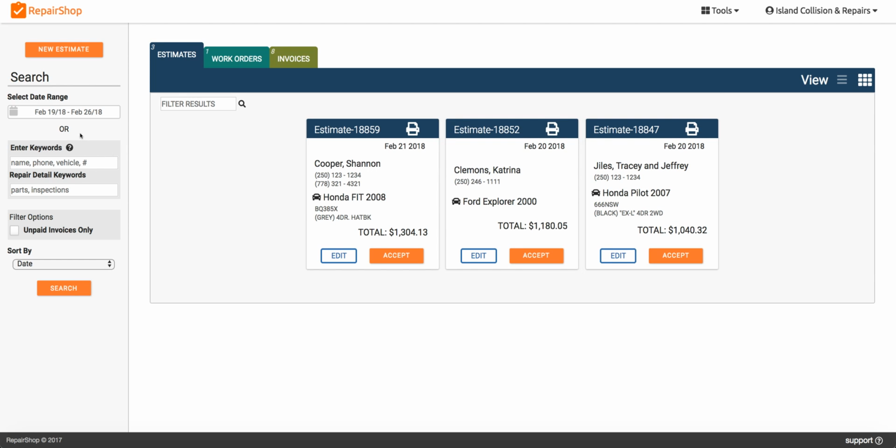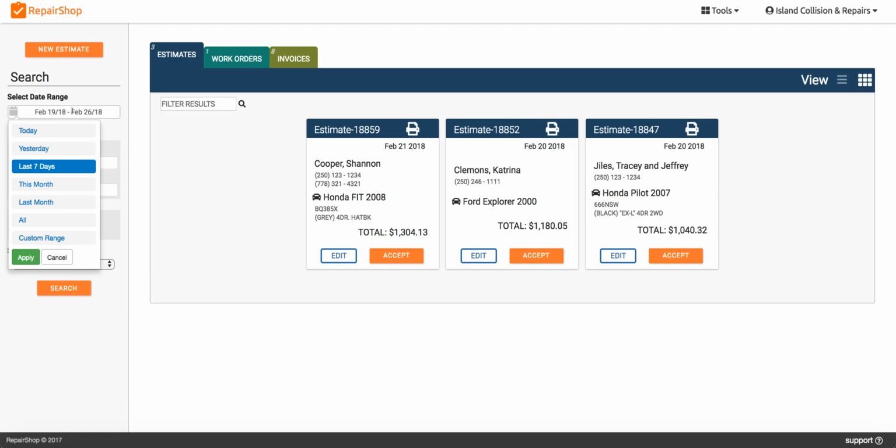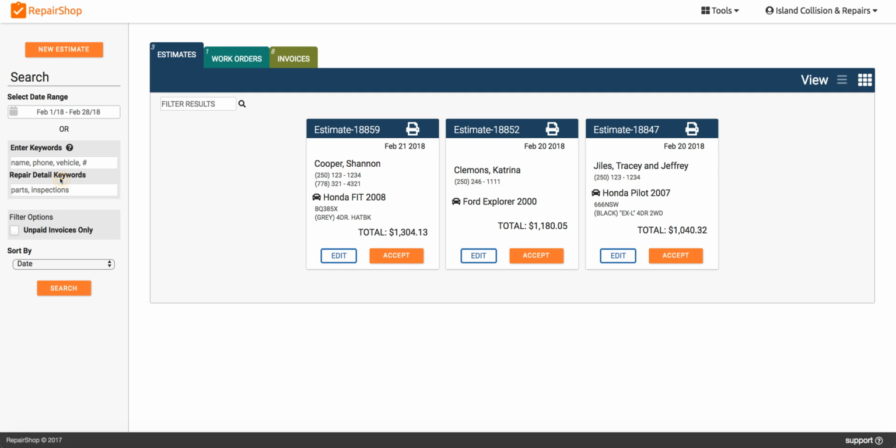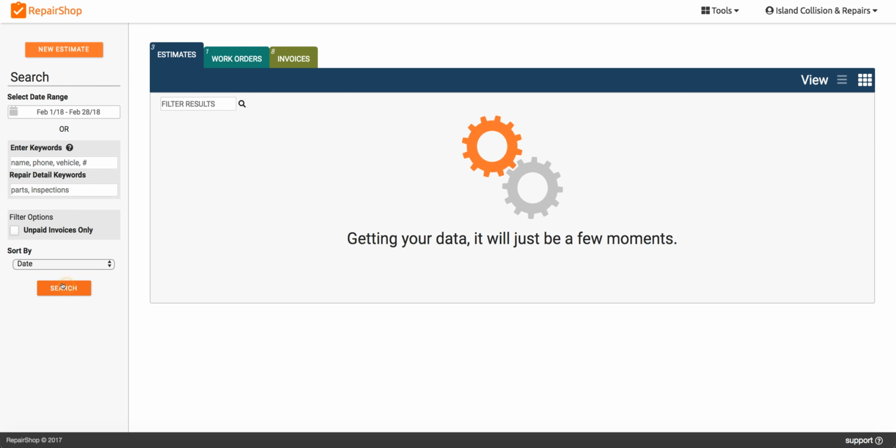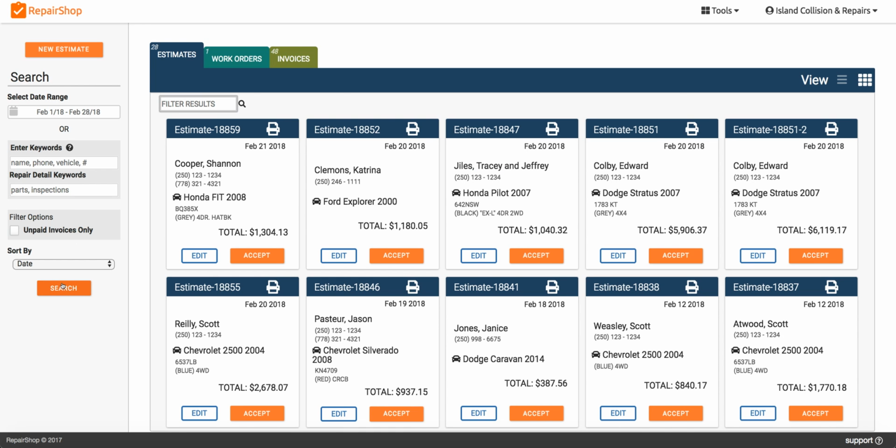Okay, and over here is our search panel. The quick search is at the top here by selecting a date range. You can do yesterday, last 7 days, this month, last month. Find all of them from the beginning of time, etc. So let's do an example of getting all of the estimates from this month. Select that, click on the search button, and there's all of our estimates, our work orders, and our invoices for